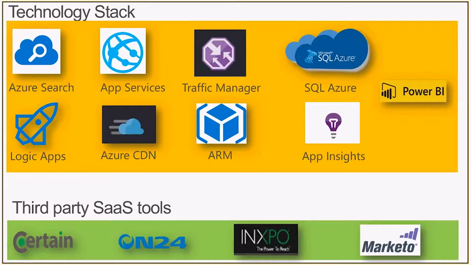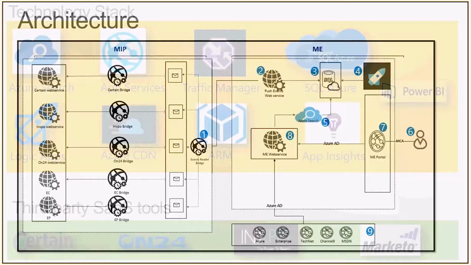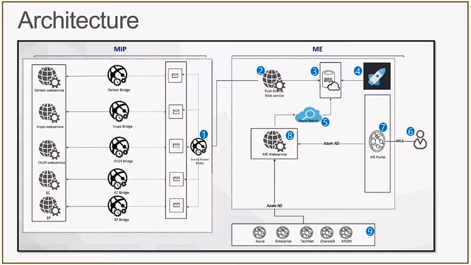Now I would like to show you the architecture that we use to pull this data into our site. Yeah. So what you see on the left is MIP, the integration platform. What you see on the right is the architecture for modern events. The reason why I use an integration platform is because in marketing we use different third-party tools, close to about 25 third-party tools, and we need to integrate the data from there into our common